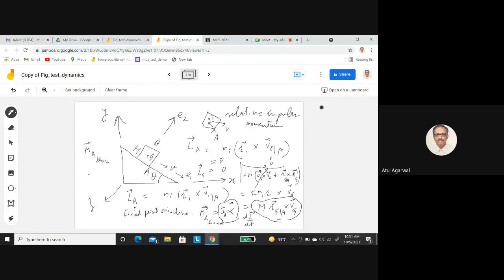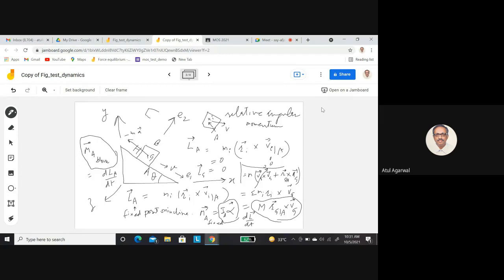Now in your moment equation you also have to take an inertial force, since point A is an accelerating point. So your equation of motion will not be simply dL by dt. Here you will have to use external forces as well as an inertial force equal to minus ma, whatever is the acceleration of the block. So you have to do r cross this minus ma, and then there are also the forces on the block.